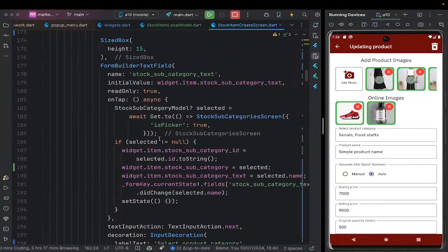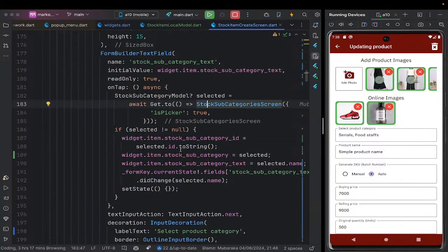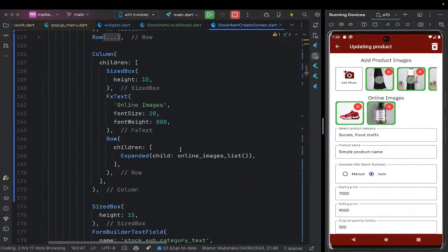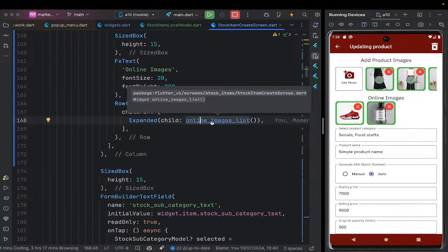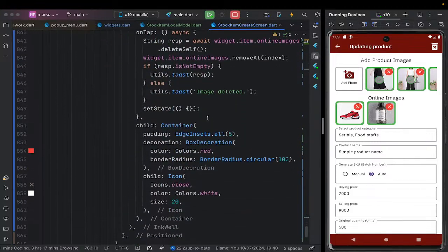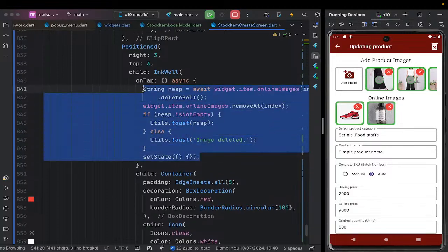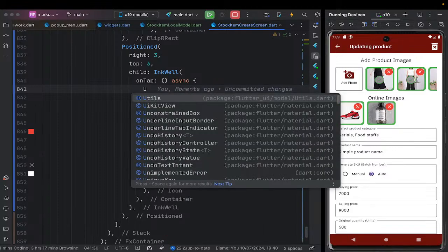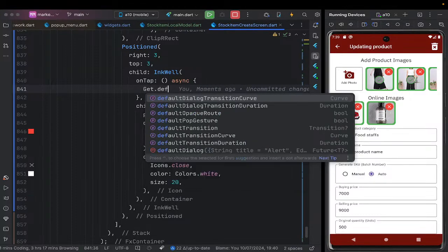So let's go to where that is. We have our items, and then here we have our list, or horizontal list. Where is it? It is here, online images list. So you come to where there is the close icon, this one here. I want to cut it, and then say utils dot get dot default